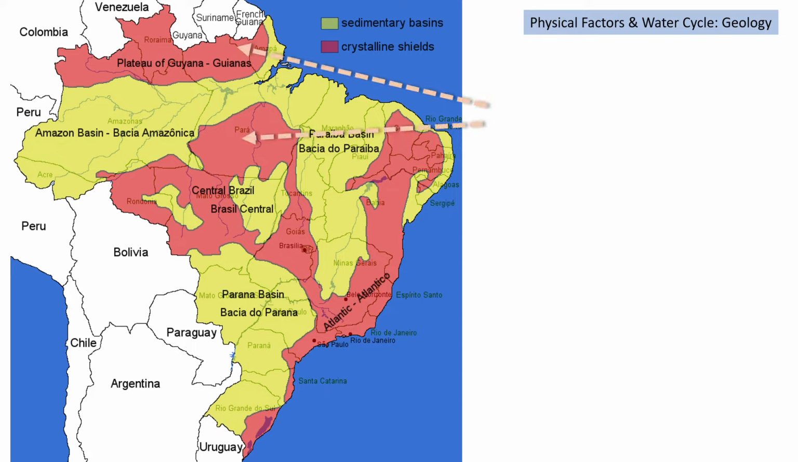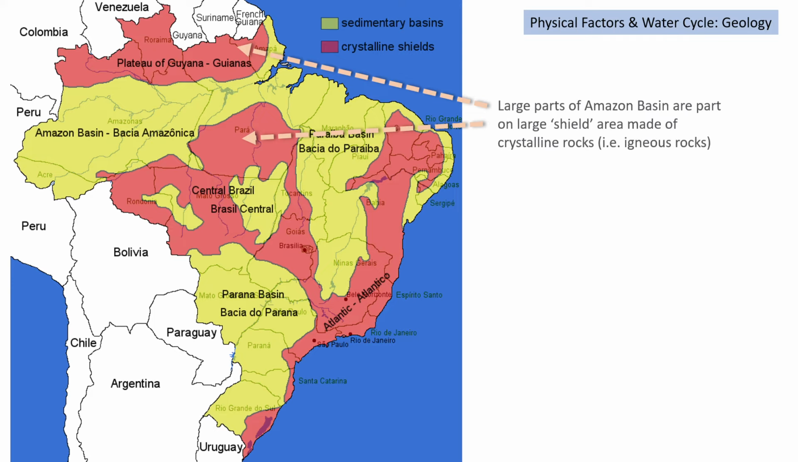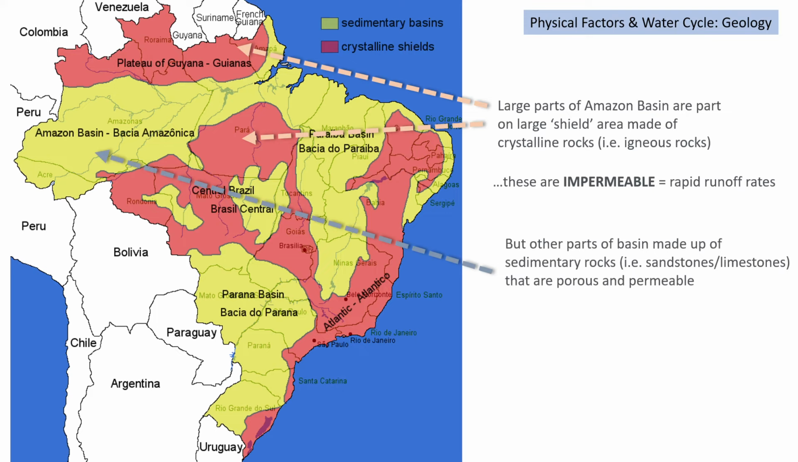So these red areas of crystalline shields, these are big areas of igneous rock. They were formed through tectonic activity, and it creates these rocks made of very, very tight crystals. That is significant in terms of the water cycle because it basically means they're impermeable, and therefore if large areas of the Amazon basin are made up of these crystalline impermeable rocks, then you're going to get rapid runoff rates. These yellow areas, however, are made up of limestones and sandstones, and they are porous and permeable, and